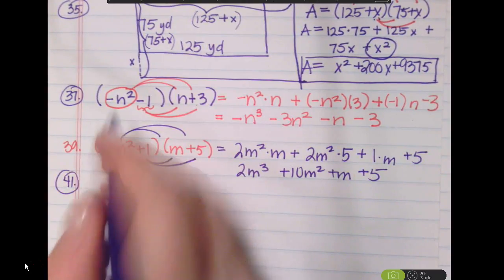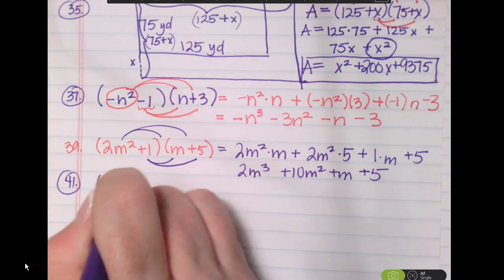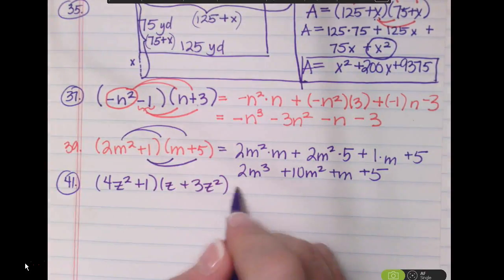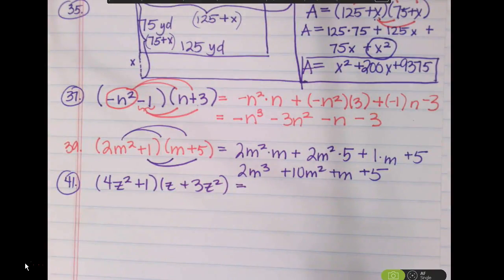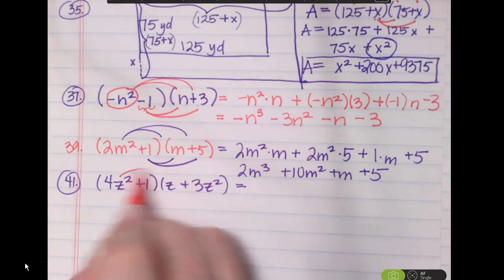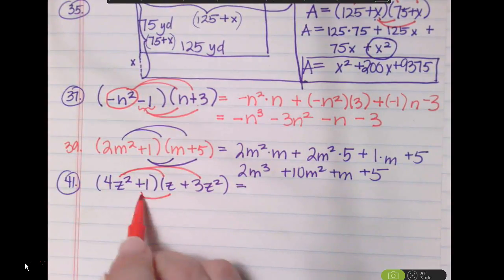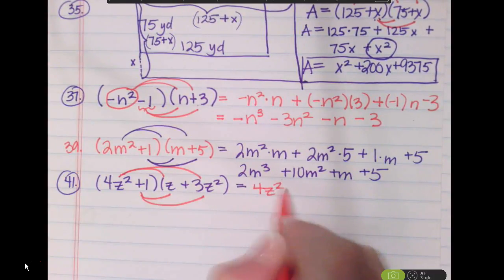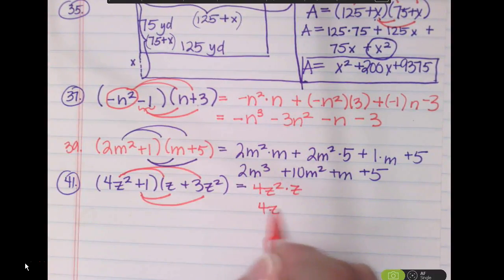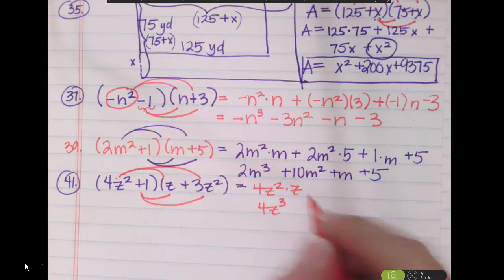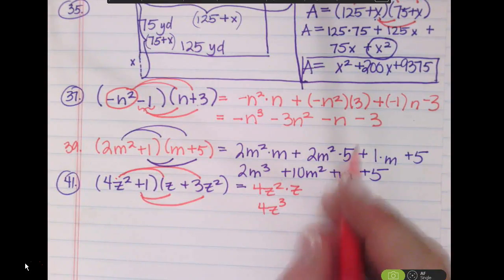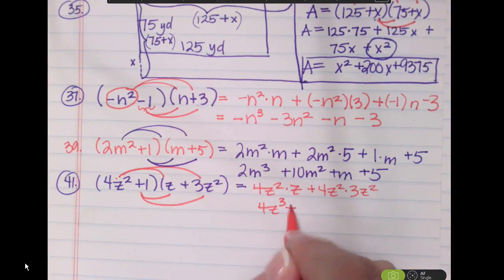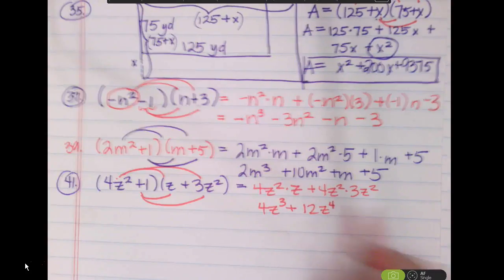Last one, number 41, I've got 4z squared plus 1 times z plus 3z squared equals, so let's do our distribution. First, outer, inner, last. 4z squared times z is 4z to the third. 4z squared times 3z squared, ooh, that's a big one. So let me write that out. 4z squared times 3z squared, so that's going to end up being 12z to the fourth,